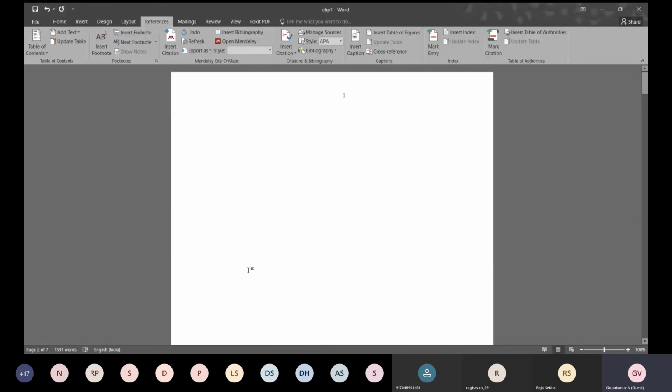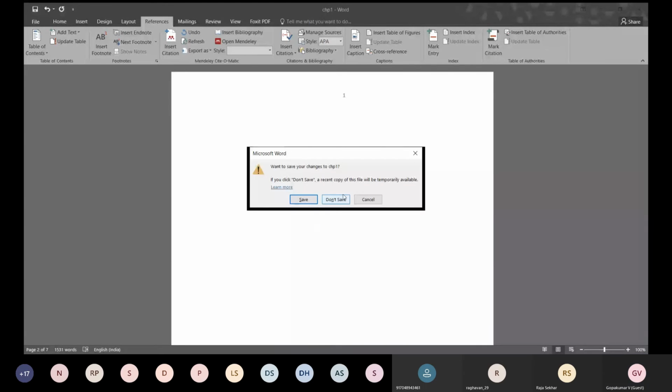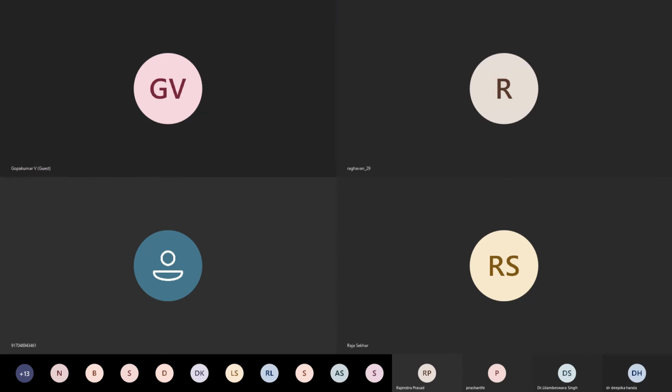I'm just closing this file and I will open 2 files and show you what I have done. So the same file is with me. I will share it with you.